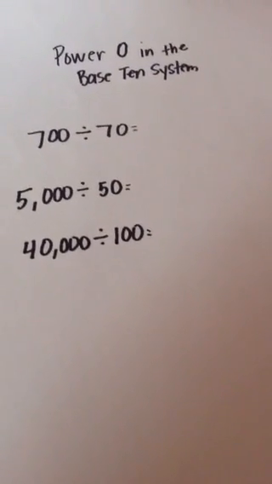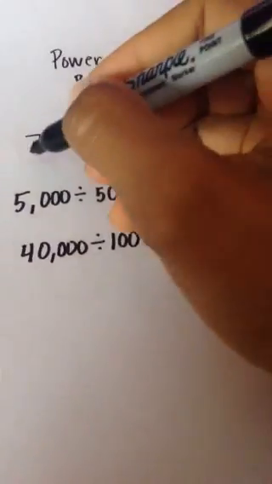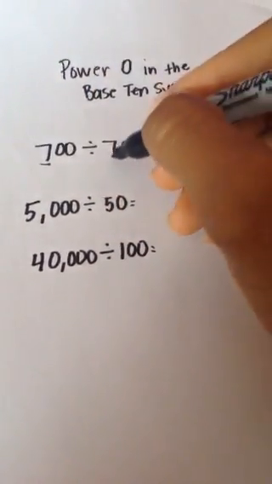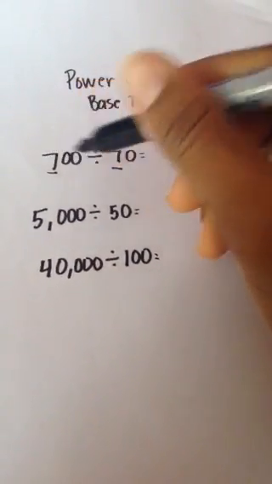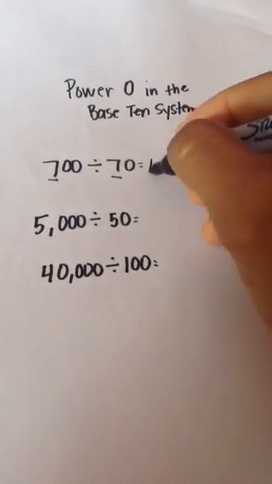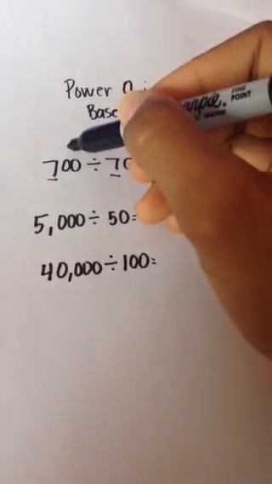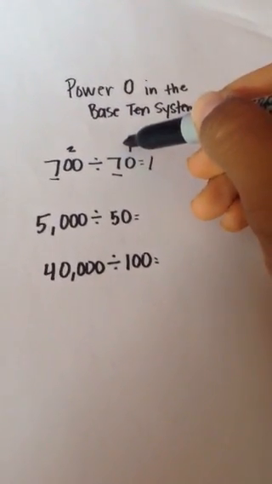So let's say we have 700 divided by 70. What you can do is think of this as 7 divided by 7. And you kind of just ignore those zeros right now. So what's just 7 divided by 7? Well, anytime you divide a number by itself, it's 1. And so we have 2 zeros over here and 1 0 here. So this answer here,